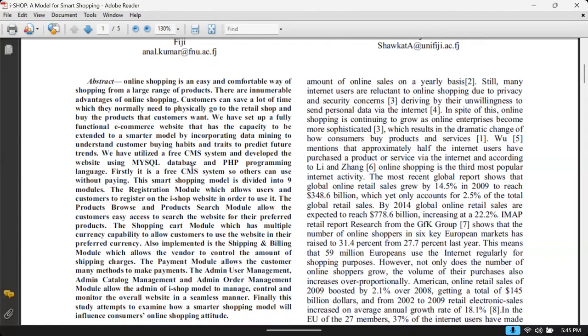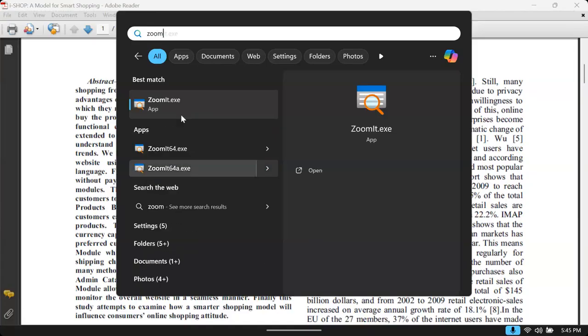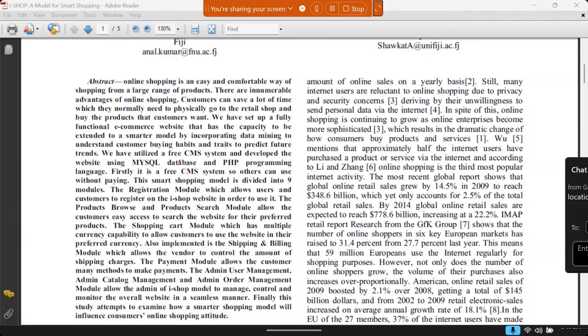And see, this project they designed using MySQL as database, PHP as programming language. They are using MySQL and PHP as programming language.